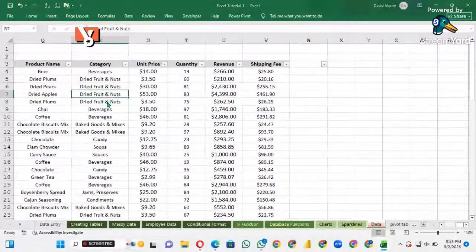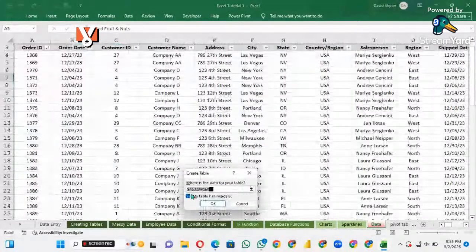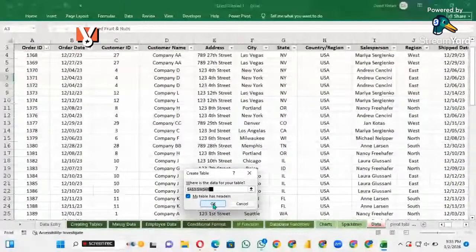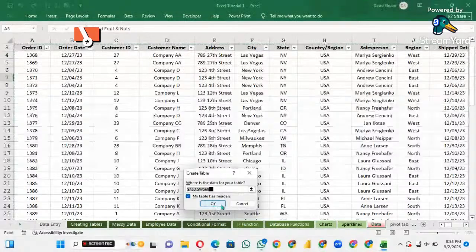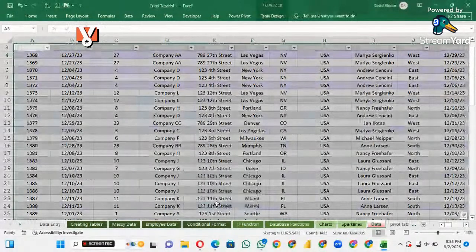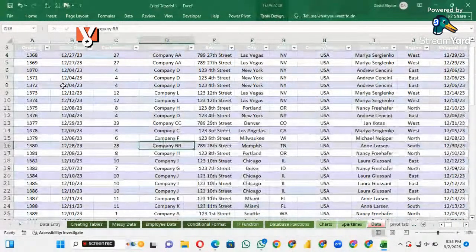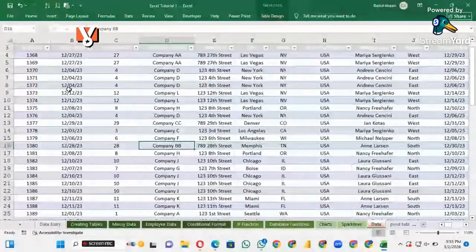With that Control T, it's going to ask me if my data contains a range. Does my data contain a range? Yes, it does. So once I say OK, it's going to convert this to a table. Now, for me to create a pivot table, I know normally I should go to the Insert tab, but